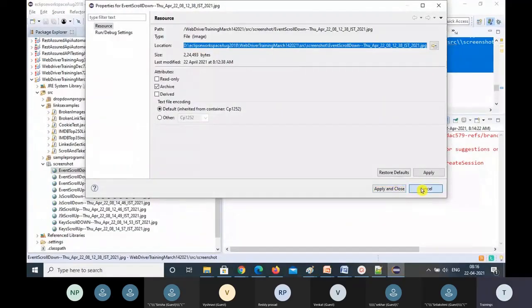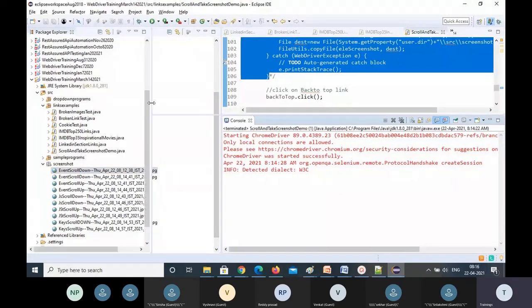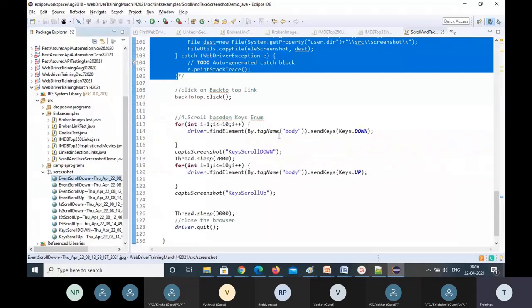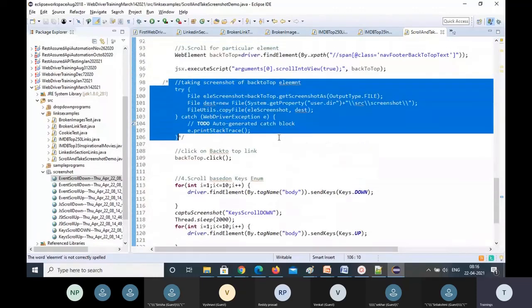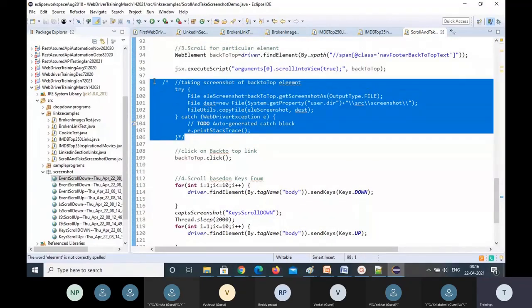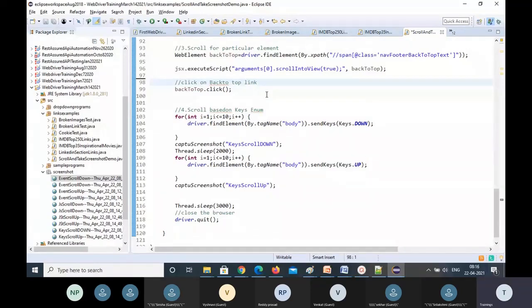Maybe in some other location, I'll show you how to capture a screenshot of a particular element in our next sessions. So that's all for the day. Keep practicing all this. With this code, I'll show you in the next programs, some other place, how to take a screenshot of a particular element. Maybe we are adding something and doing something wrong. I'll see why it is not working.